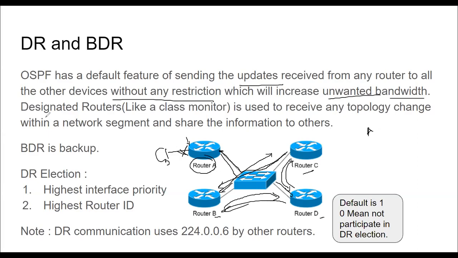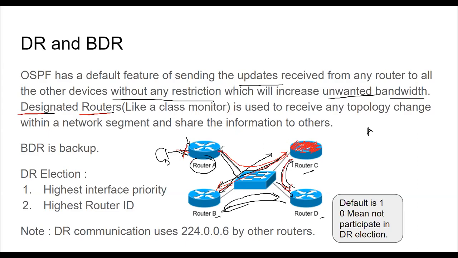So that's why we use something called designated router, kind of a classroom monitor. So for example, this guy becomes the DR. DR is an election process. We'll talk about the election, very easy one. So that's when the designated router jumps in, kind of a class monitor. So once we have a DR in a broadcast network, if this link fails, the router has to inform only DR. He will not inform everyone else. And DR's duty is to inform everyone else.